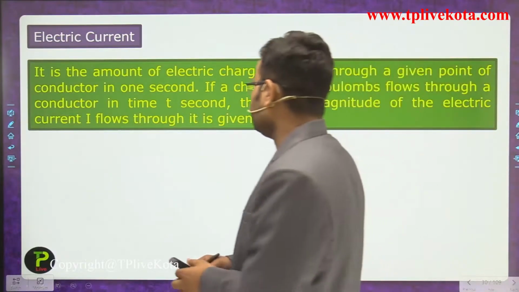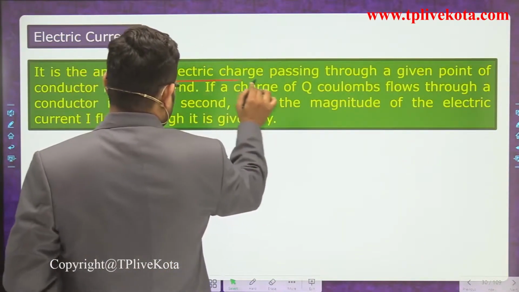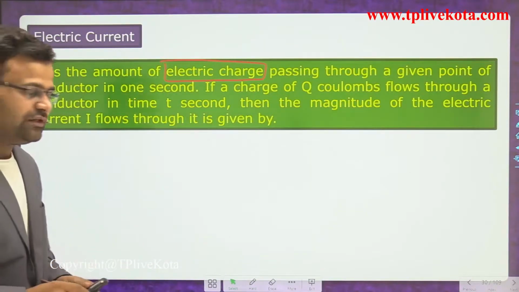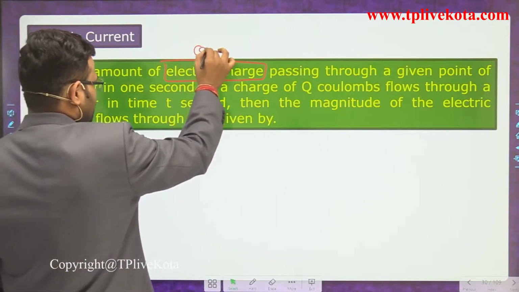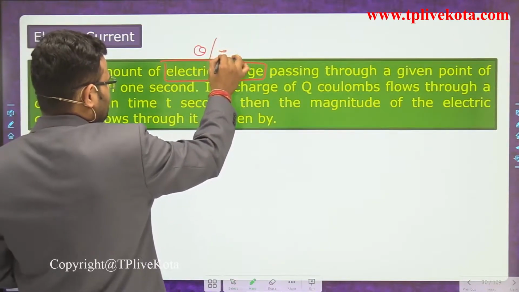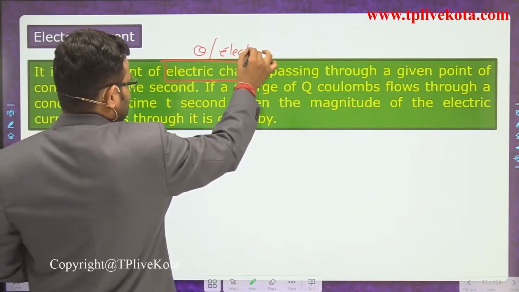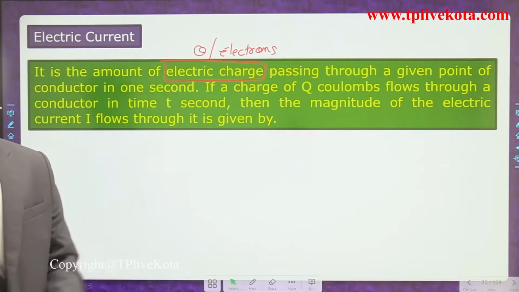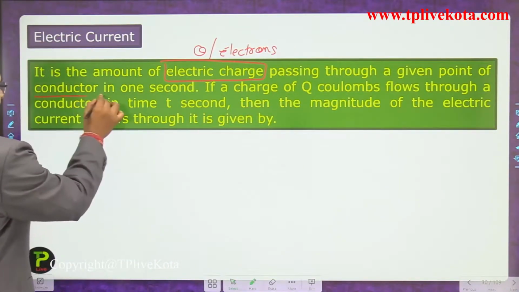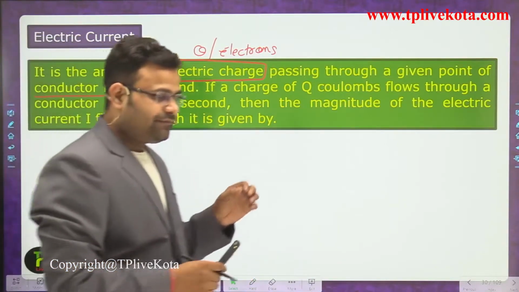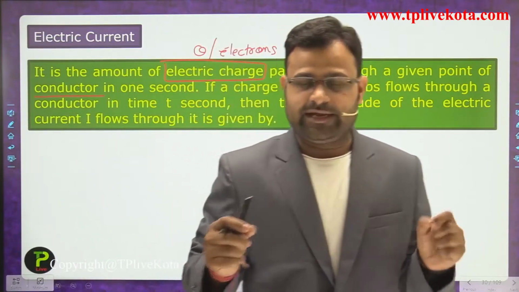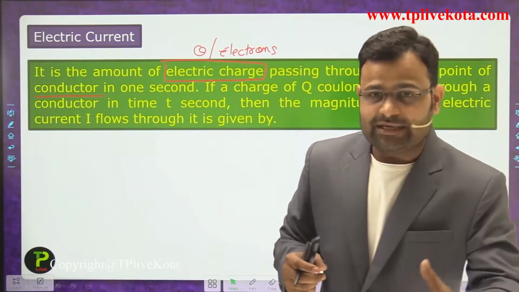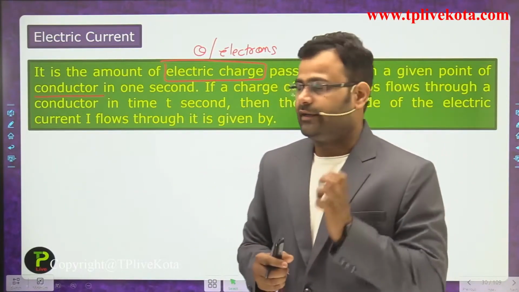That is what is happening, the electrical charge. In a previous lecture we discussed what the electrical charge is and what the unit of charge is. The unit of charge is the coulomb, and the charge we are talking about is that of electrons. So when electrons, the charged particles, pass through a given point of a conductor, what is happening, guys? If we take some connecting wires and charge flows through those connecting wires, in that condition current will flow in that conductor.